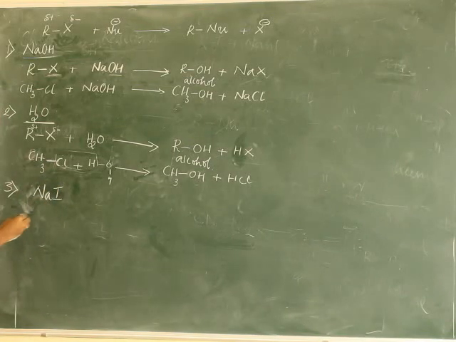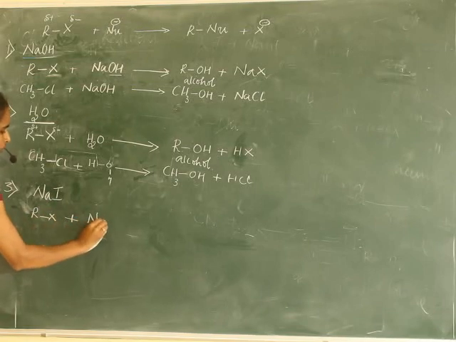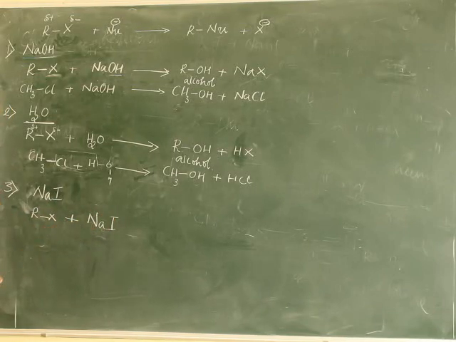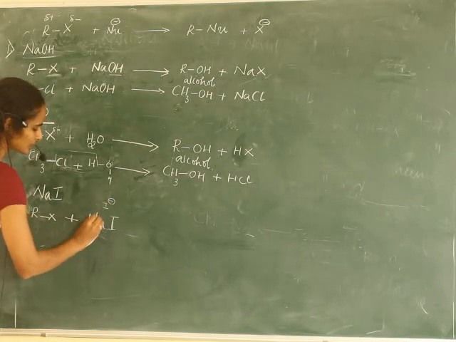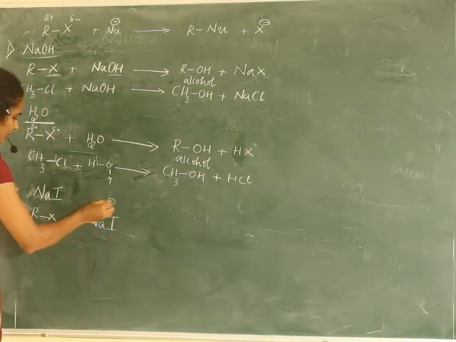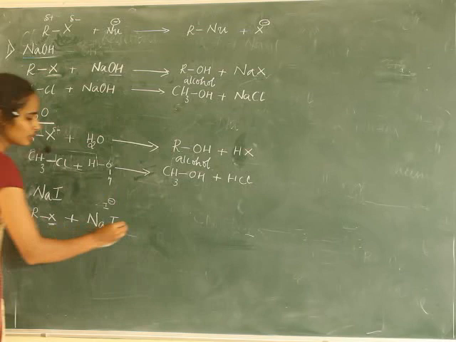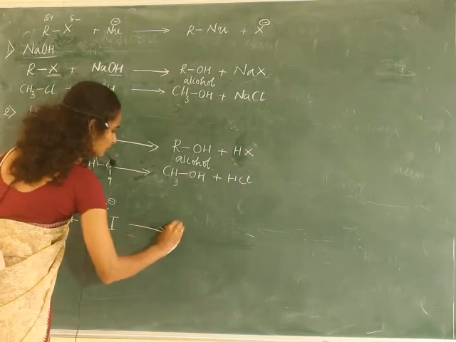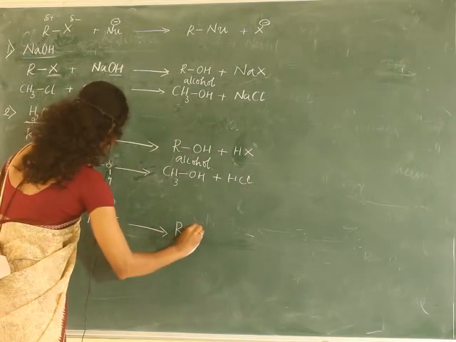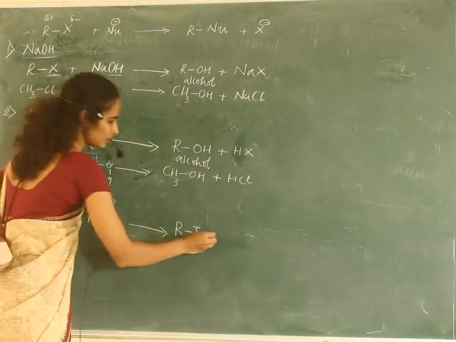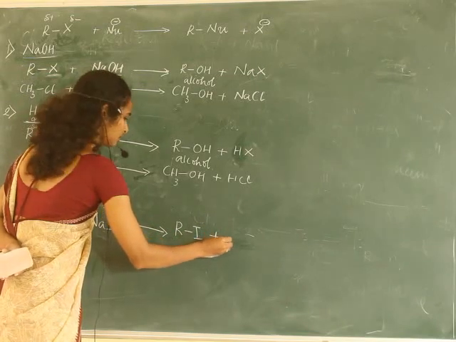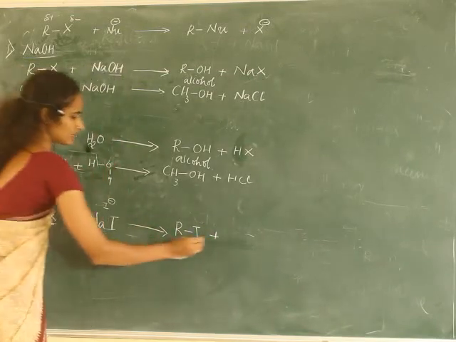Okay, that is alkyl halides on reaction with sodium iodide. This reaction is again the Finkelstein reaction. Here, which one is the nucleophile? I minus, Na plus I minus. Now I minus replaces X, right? So the product obtained is RI. Hope it is clear for you. Alkyl iodide, and one more is NaX.